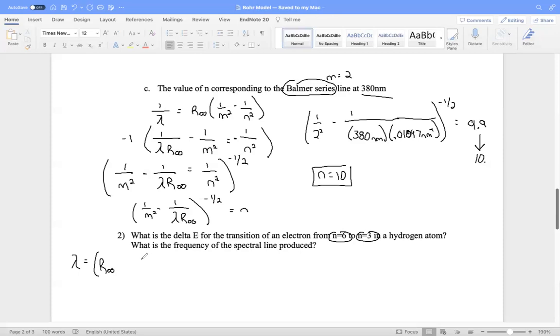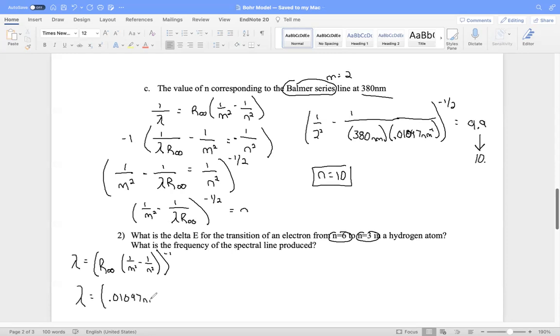Lambda equals our Rydberg constant times 1 over m squared minus 1 over n squared, and this is inverted, so raised to the -1. Now we just need to plug in our numbers. Lambda equals, and we have